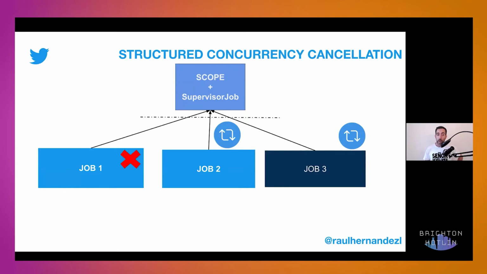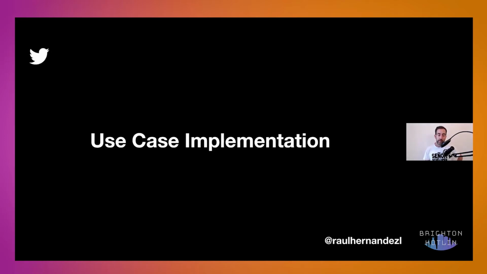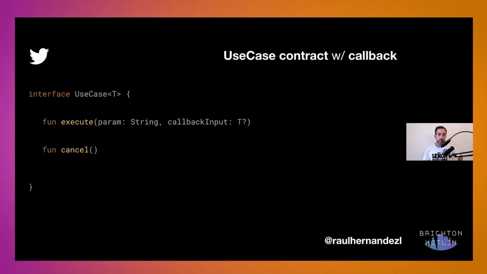Maybe you don't want to have that because you have some processes that you want to keep when this situation happens. That's why I kept the scope plus a supervisor job. Right, use case implementation. First of all, I introduced the use case with the execute method, passing the query parameter,